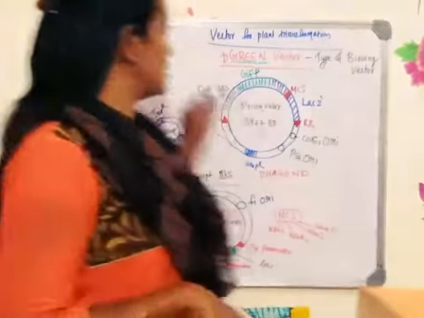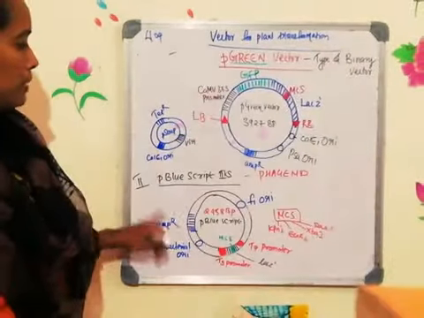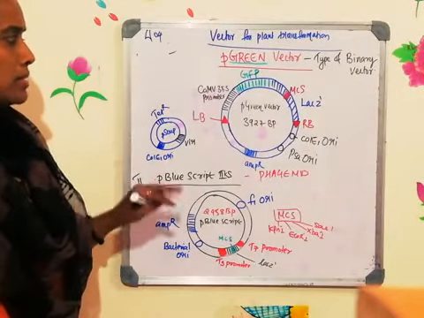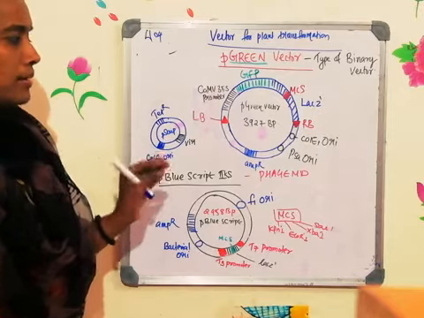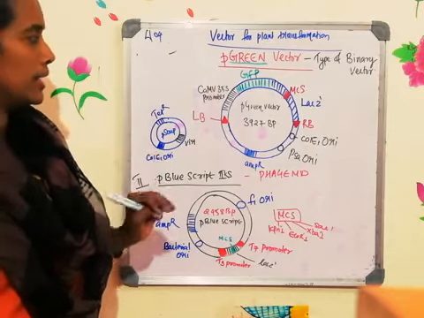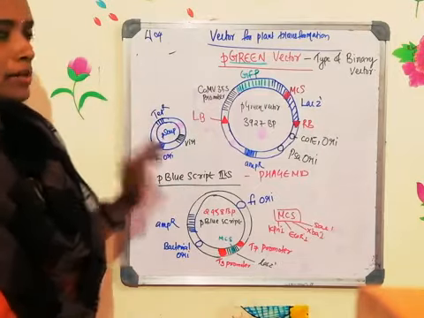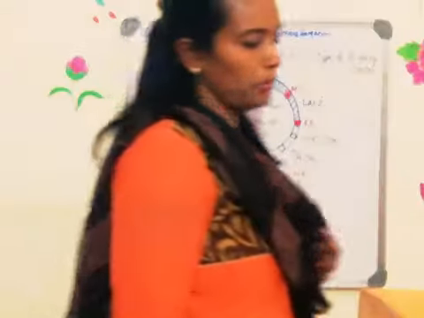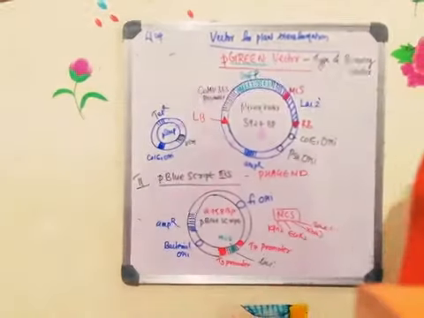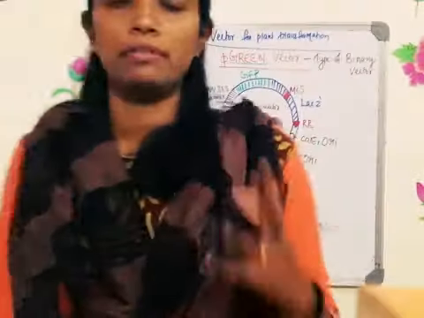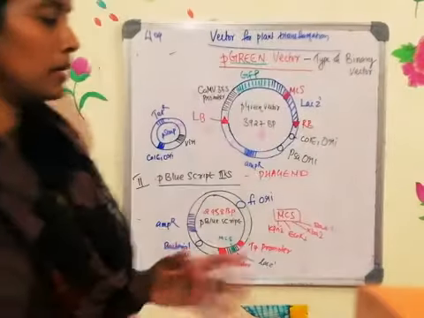One is the pGreen vector, and another one is known as the pBluescript vector. You are familiar with both vectors, with little changes here and there. It's easy to remember. This pGreen vector is a type of binary vector. So I'll just give you an idea about the binary vector. I think all of you remember that, but it is my duty to give a gist about this binary vector.